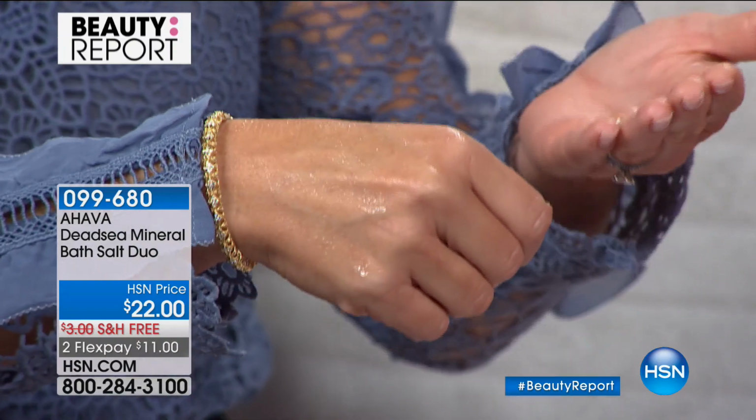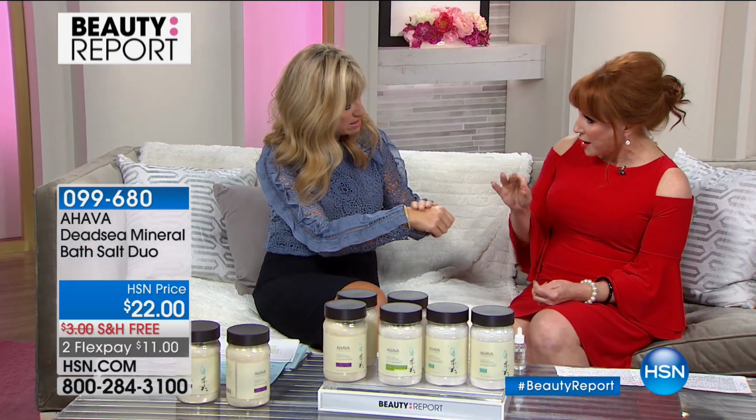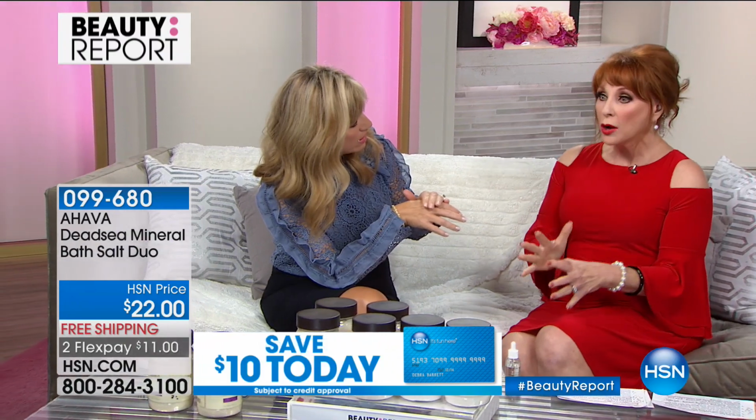Most bath salts... Are you kidding me? It feels like a serum, and it's water. It's Dead Sea water. This is what's so outrageous and so special about AHAVA. It feels like a serum. Yeah, like a dry oil. So when you use the AHAVA bath salts, you're not getting out of a bath that has you feeling really